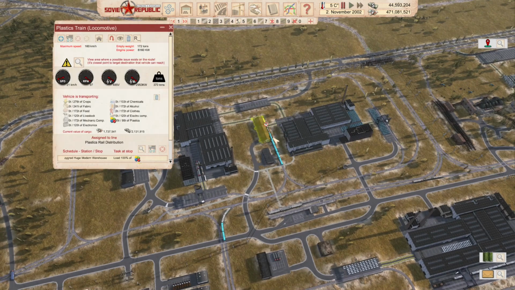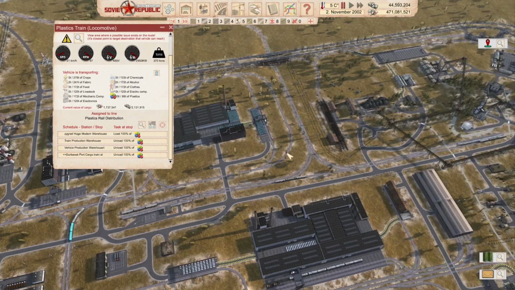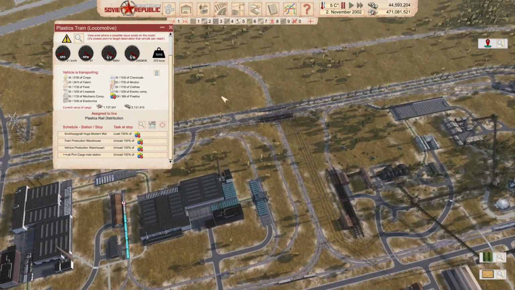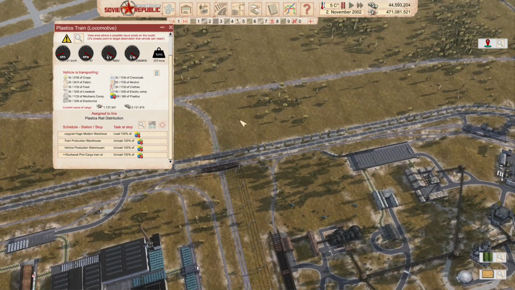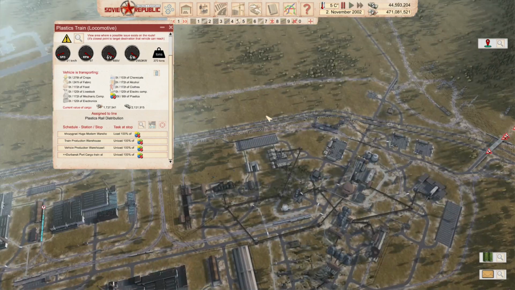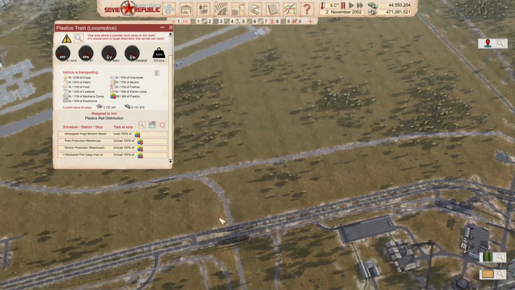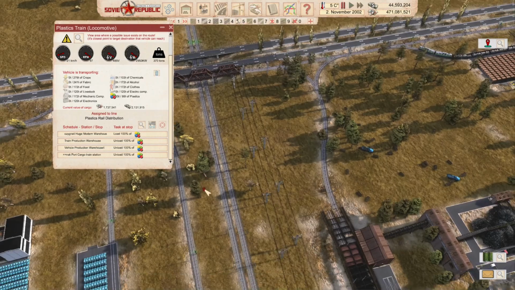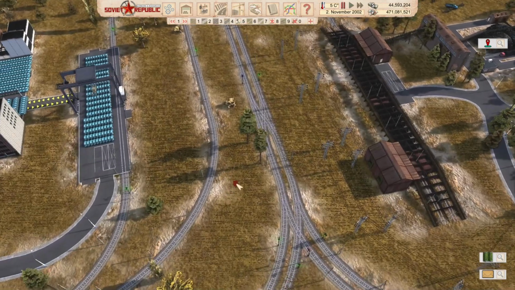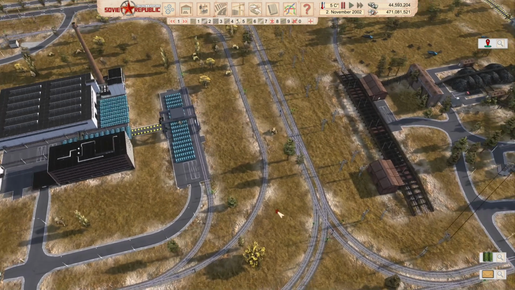Now, this guy can't find his way. This is the plastics train, and he's off to Durbansk port, but he can't find his way. It's a little too challenging for him to find his way. So, what I'm wondering, down through there would be really easy. I know I wanted to keep these guys separate. I really wanted to keep these guys separate, but I'm tempted to